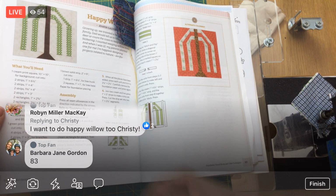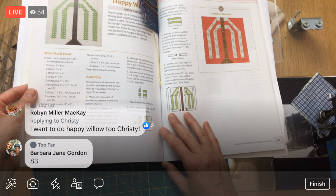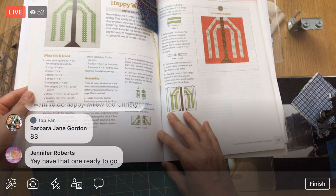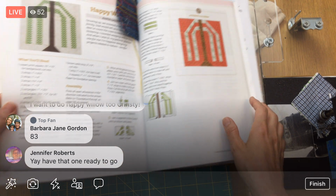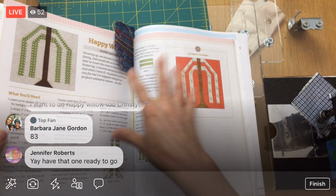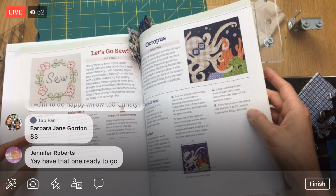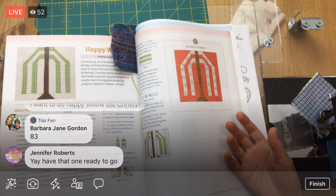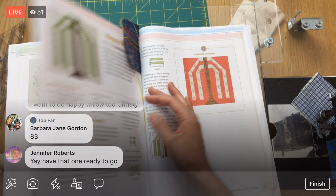Paper piecing would be pretty fun. Oh, is this even paper piecing? Huh, oh yeah, it is a little bit of paper piecing. Okay. Oh, you have this one ready to go? Okay, and then the octopus is page 83. Well, those might be 2 good places to start. Should we start Happy Willow tomorrow? And then,